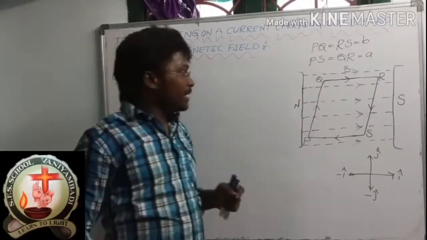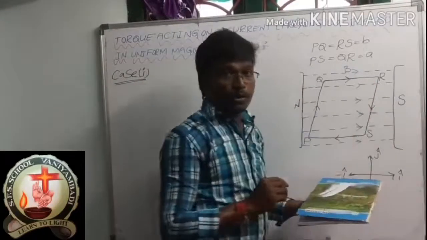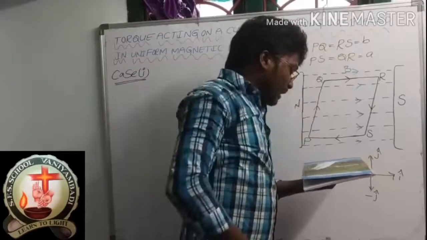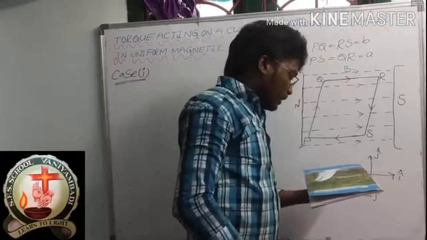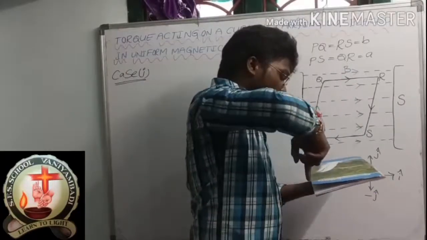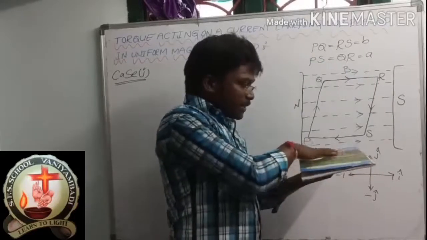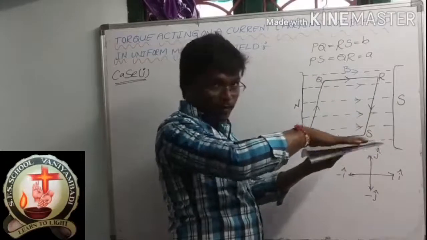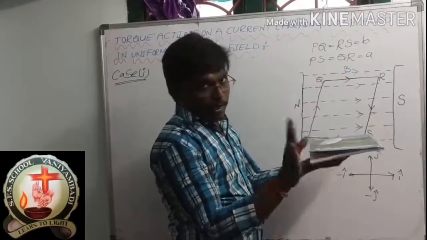Okay. I already told you this is the north pole and this is the south pole. You are watching in a top view, right? You are looking at this instrument, the total experimenter, like this. Then only you know the current is flowing like this. But this is one area and this is another area of the loop, right? Okay, you can remember that.